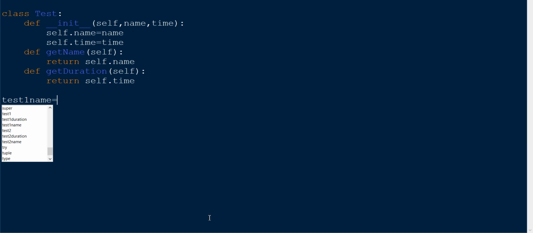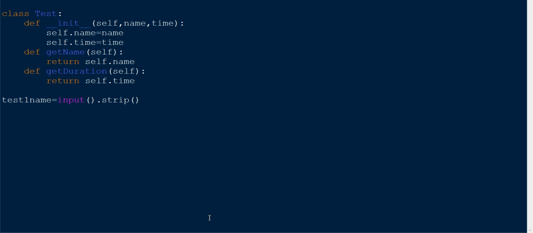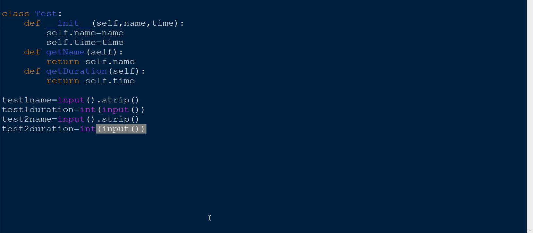Test1 name equal to input dot strip, test1 duration equal to int of input, test2 name equal to input dot strip, test2 duration is int of input, and we have to print or create an object test1 equal to class test of test1 name and test1 duration, test2 object for the class test with test2 name and test2 duration, I guess. Yeah,